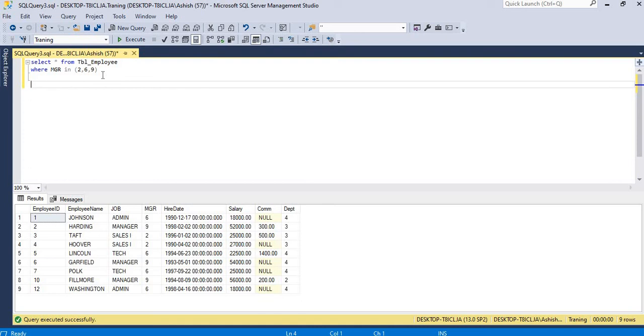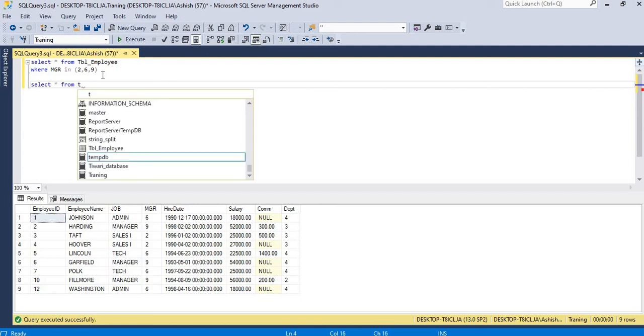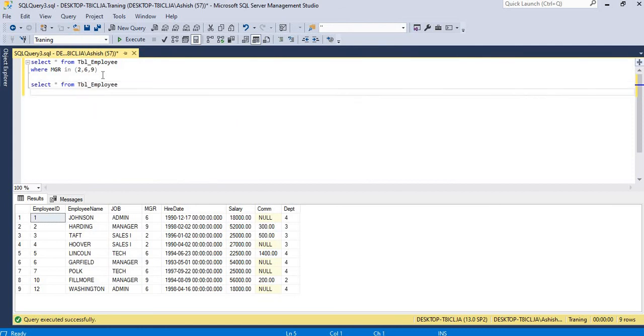Another wildcard operator or helping operator we have is BETWEEN. What BETWEEN exactly does is it takes the range. So I will say whose salary starts from 20,000 to 40,000, I want all the records of those employees.